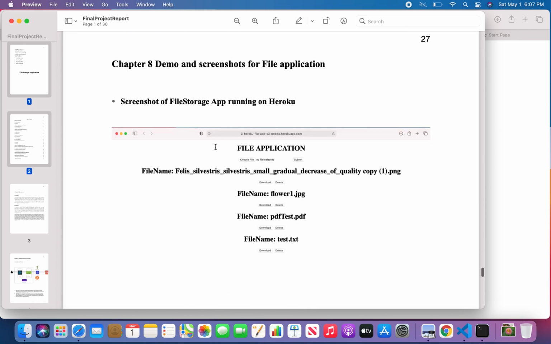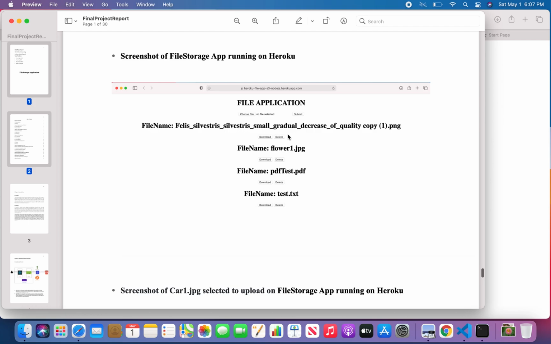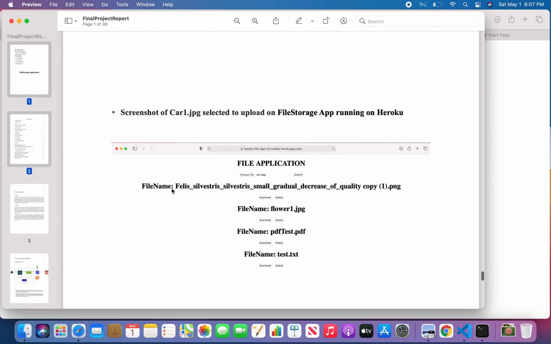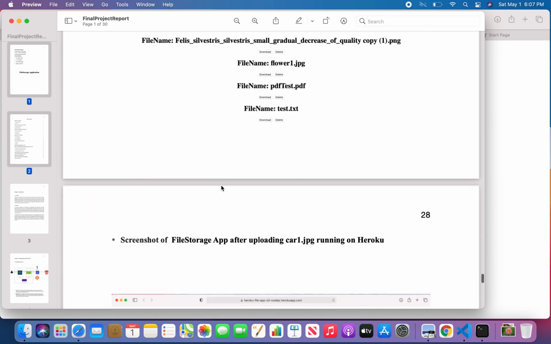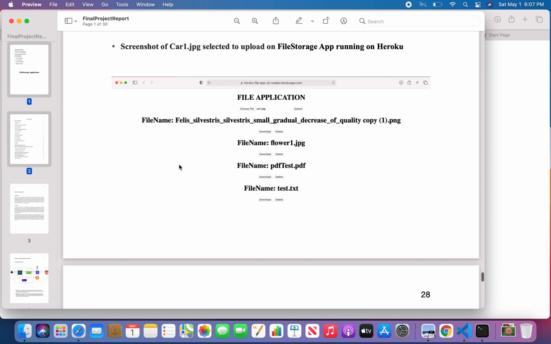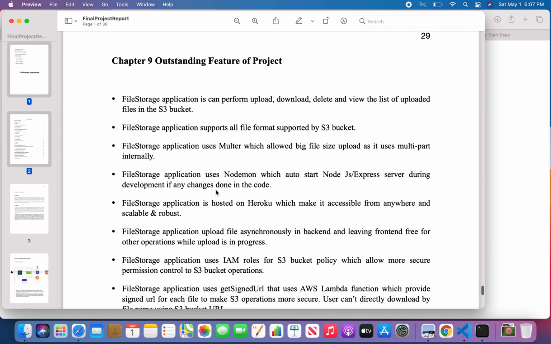And in this application here you can see I have also shown the screenshots of the application running on Heroku, and screenshots of the files that I'm trying to upload and download.